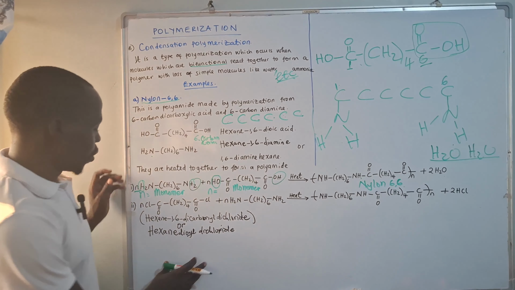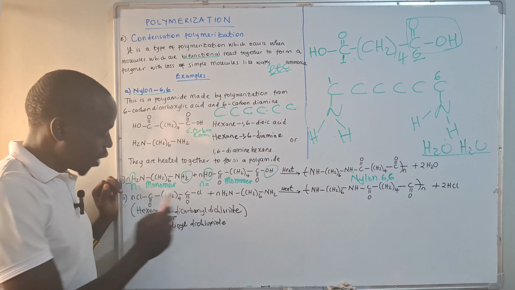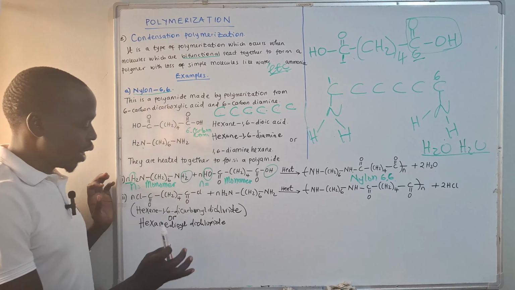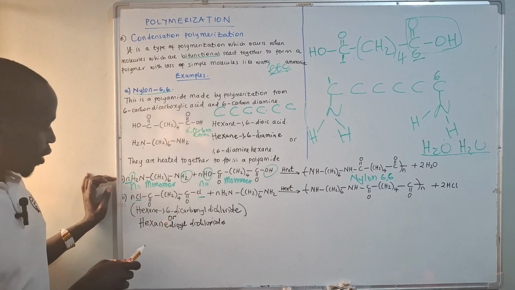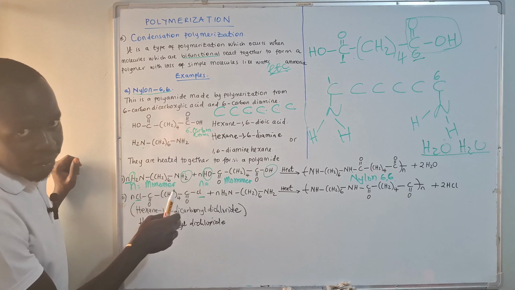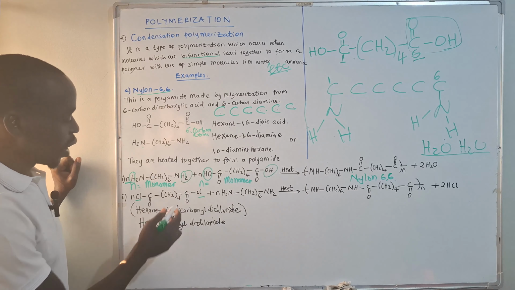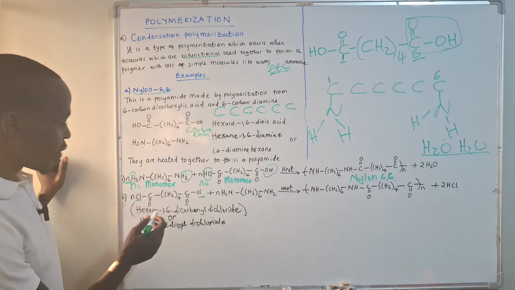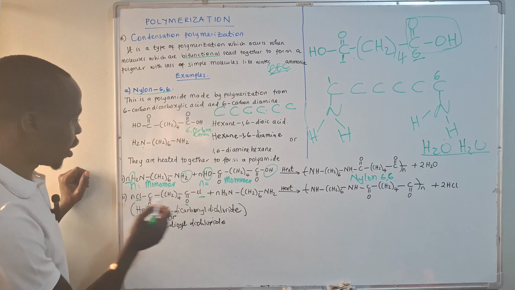Okay, let's come here. How about if we come for this one also? We said here we have hexane 1,6 dicarbonyl dichloride. If you don't want to call it like that, you can also call it hexane dichloride. Here are just these chloro groups. That's why we say hexane 1,6 dicarbonyl. We're going to talk about carbonyl compounds ahead. This is their functional group already. And that's why we are saying di. Two of them, dicarbonyl dichloride.